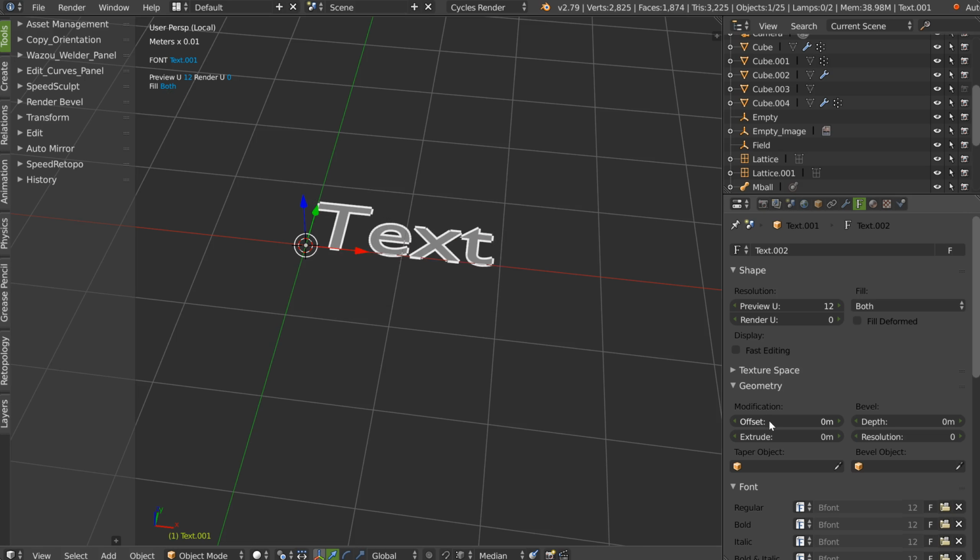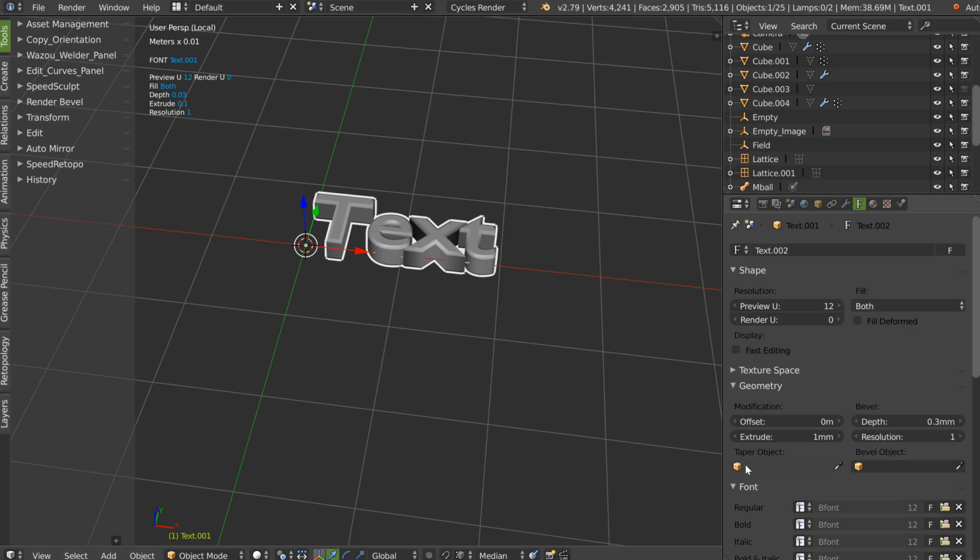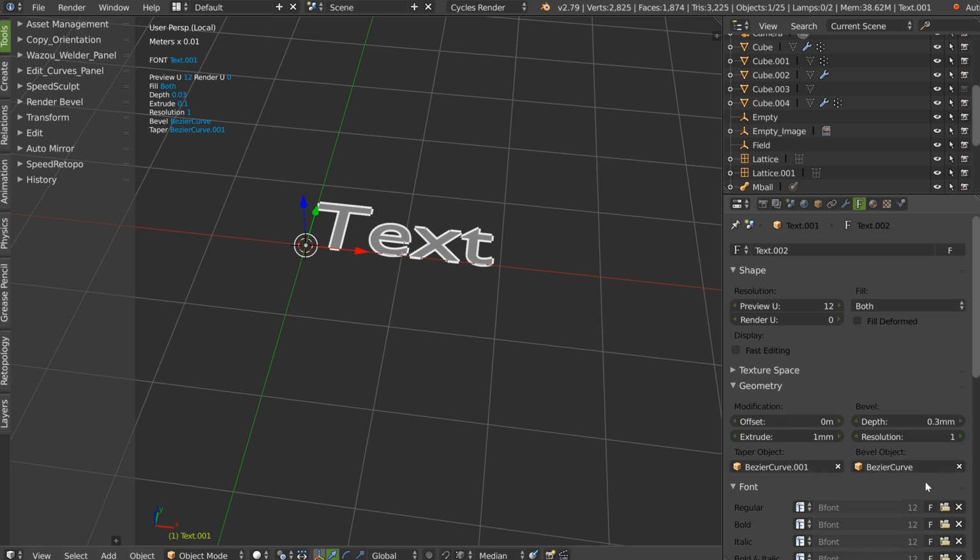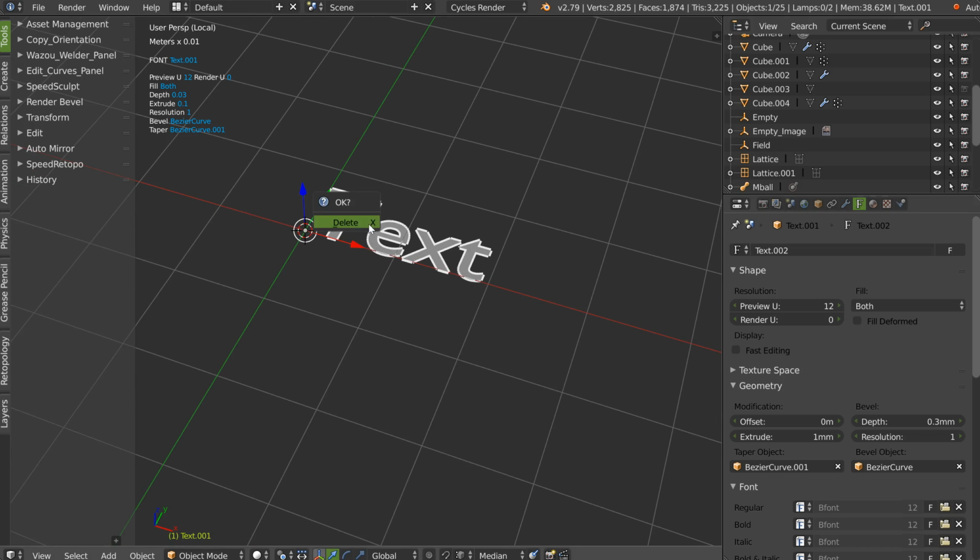If you add an offset, you will have the offset. If you add an extrude, you will have the extrude. Same for the depth. We made the offset 0, like this. The resolutions. If you select a taper object, bevel, etc, etc. Bevel object, taper object. As you can see, this is nice.